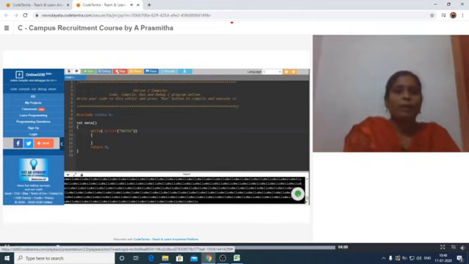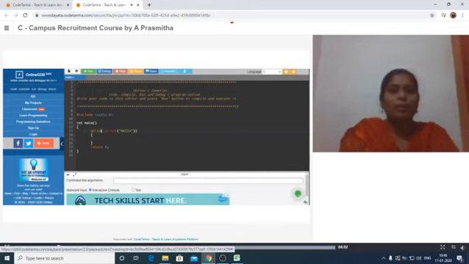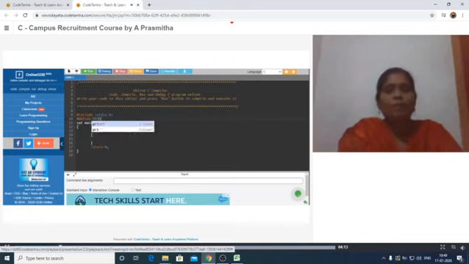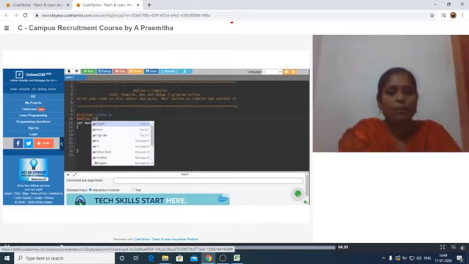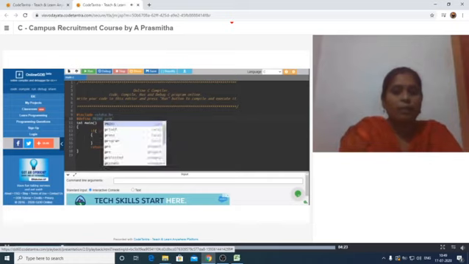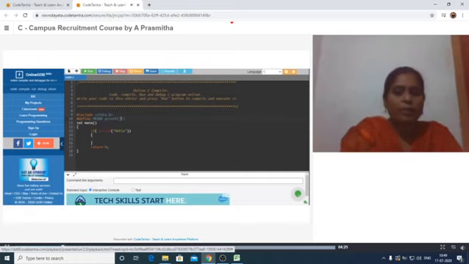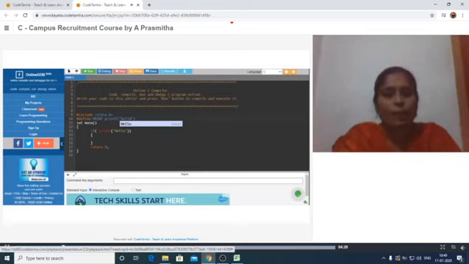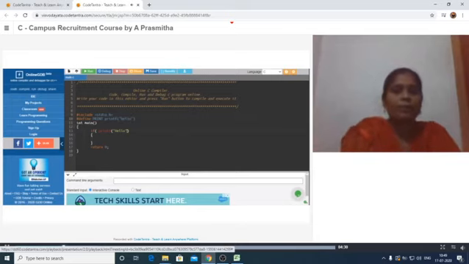And now again I am trying to do the same thing using if, but this time I am going to define a macro whose name is print, which simply executes the printf statement. And now instead of writing printf here, I am calling the print macro inside the if condition.